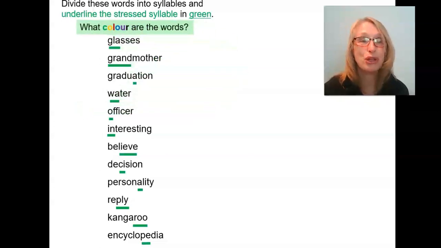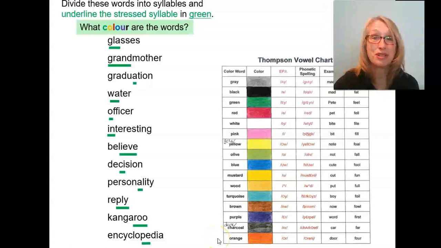And that is to look at the color of the words. We have a word like beautiful. Beautiful, the stressed syllable is beautiful, and that sounds like the color blue. So beautiful is a blue word. And here we have the vowel chart that can help us associate the vowel sound in the stressed syllable with a color that sounds similar. So for example,